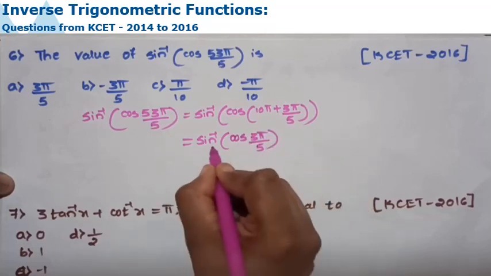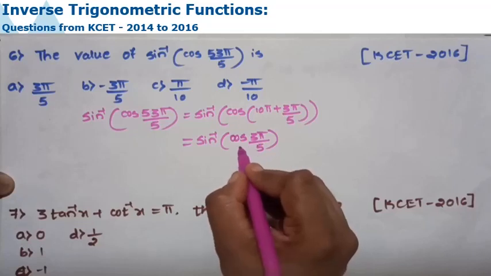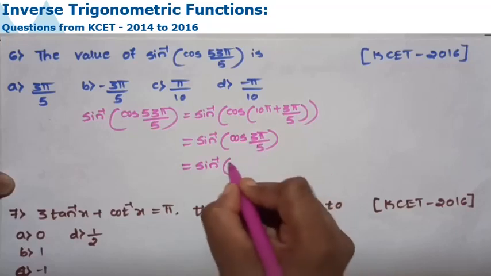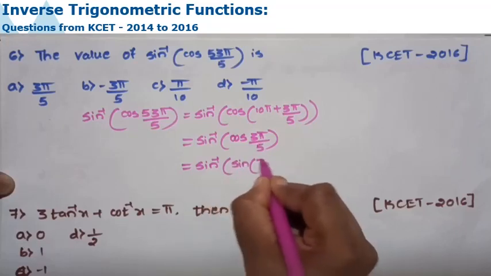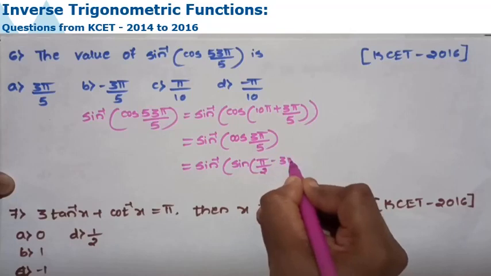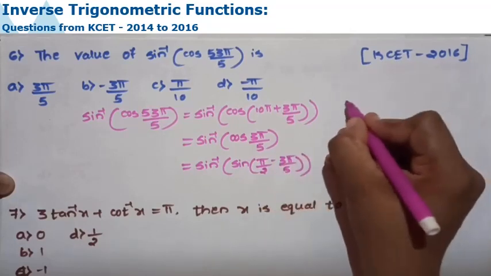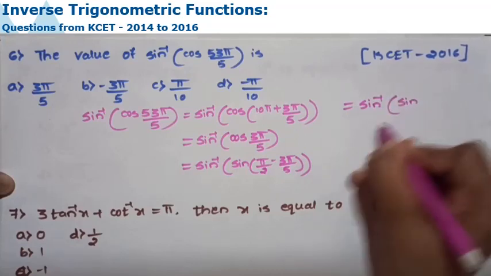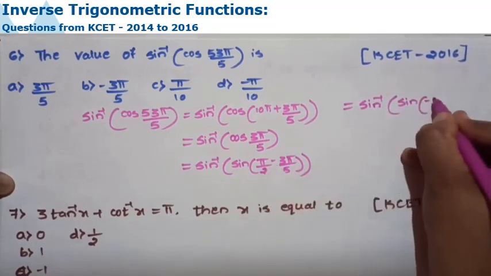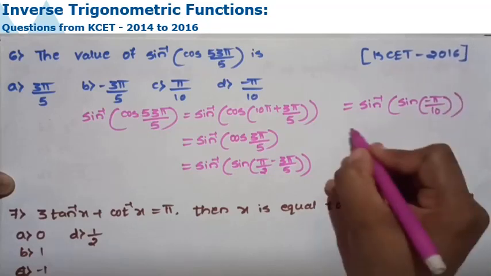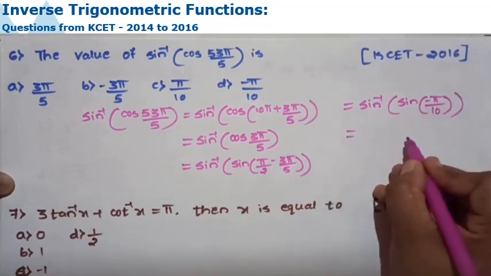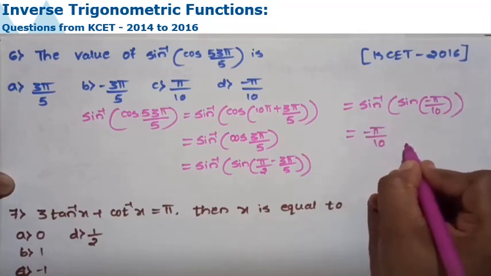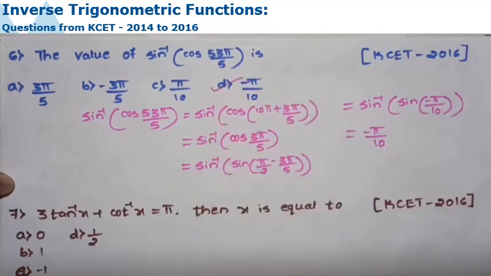Okay. We know that sin inverse of sin x is x. Right. So here it is cos. Therefore I can convert this cos theta to sin theta. Cos theta can be written as sin of pi by 2 minus theta, that is what, 3 pi by 5. Okay. So therefore we can write this one as sin inverse of sin of pi by 2 minus 3 pi by 5. This one is written as minus pi by 10. Okay, so you know that sin inverse of sin theta is theta, that is what here, minus pi by 10, which always lies from minus pi by 2 to plus pi by 2. So therefore option number D is correct.